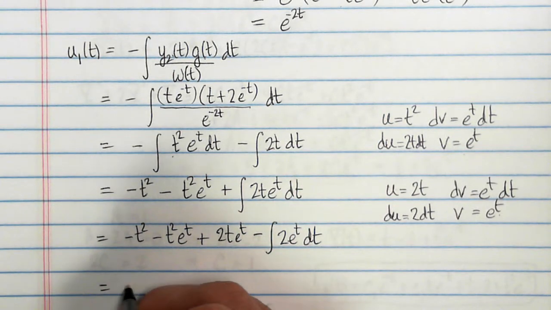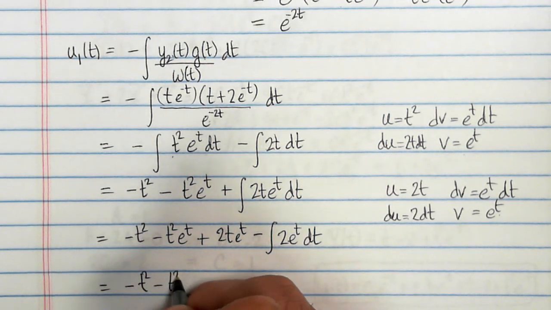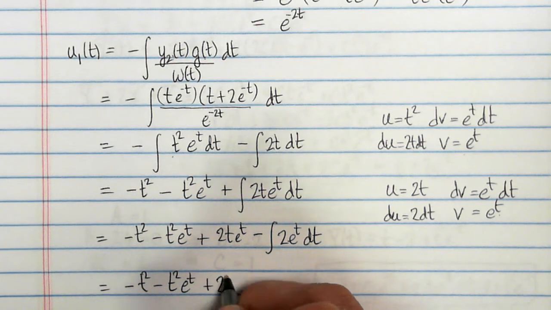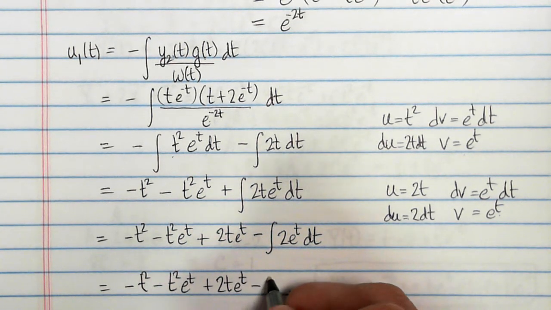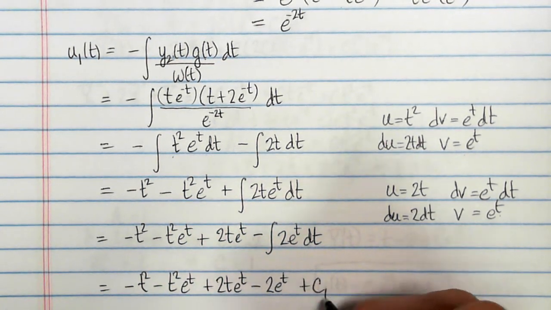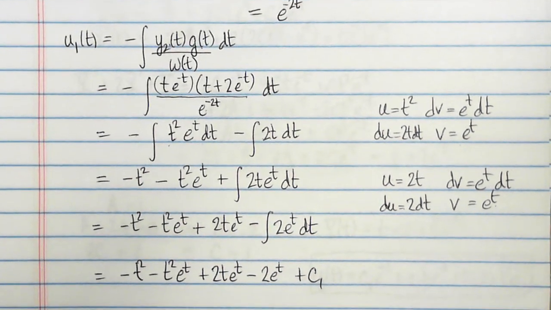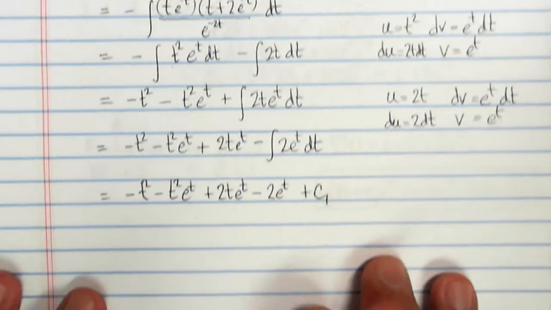And so finally, after all that, we get minus t squared e to the t, plus 2t e to the t, minus 2 e to the t, plus a constant. And so that is the first integral that we need in order to do variation of parameters. The second integral we need